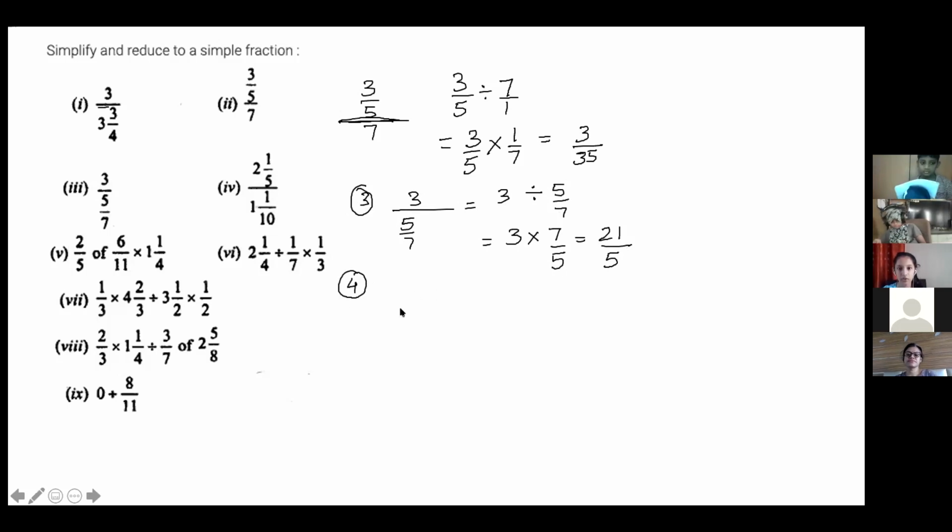Fourth question. What is the numerator and what is the denominator? 21 by 5. Yes. This fourth question is 4 and 2 whole 1 upon 5, and we have to convert it into an improper fraction. Convert it into improper and tell me what is the numerator, the improper fraction? Tell me if I am correct. Ma'am, 11 upon 5 by 11 upon 10. Improper fraction 11 by 5 divided by 11 by 10. Both of them are fractions.